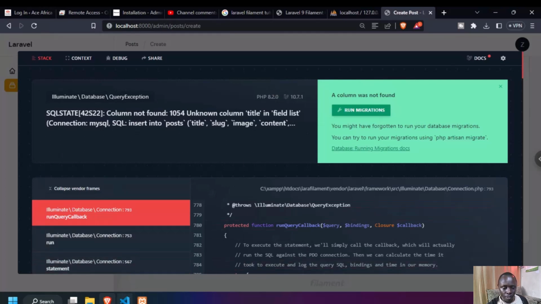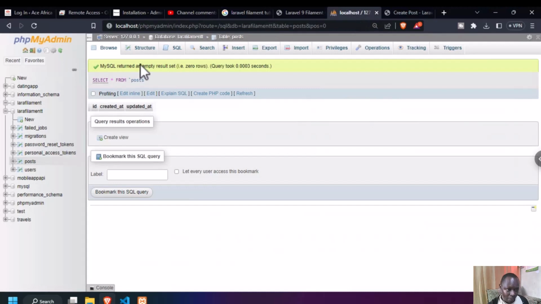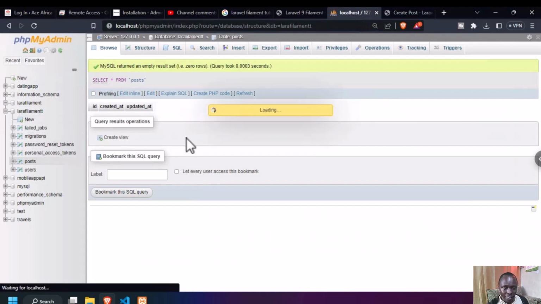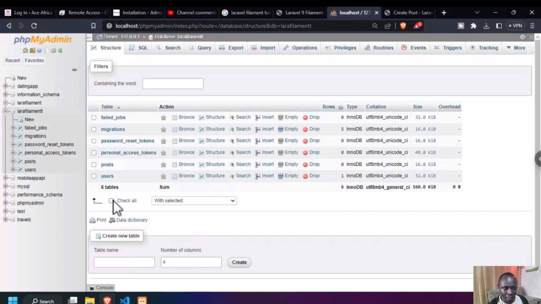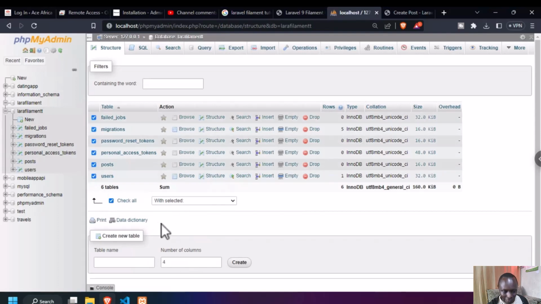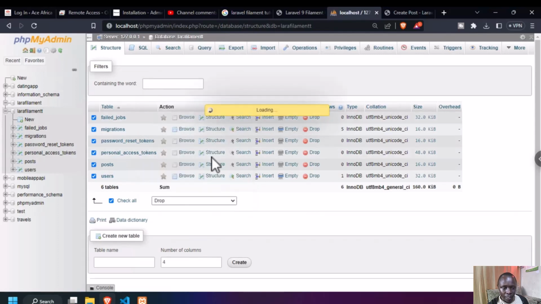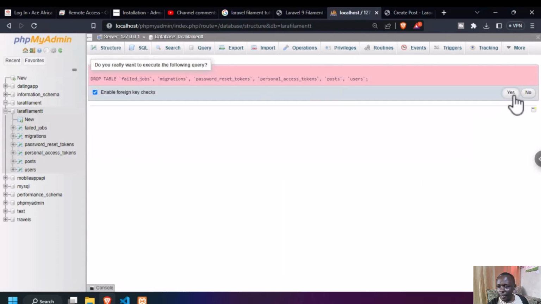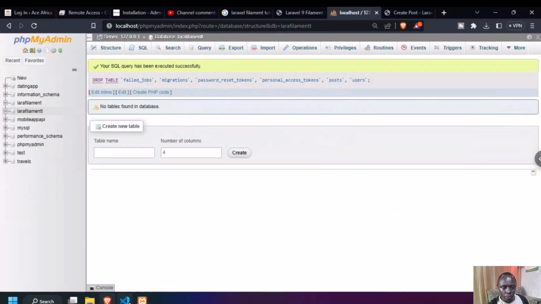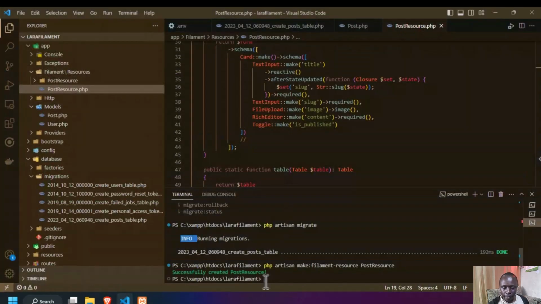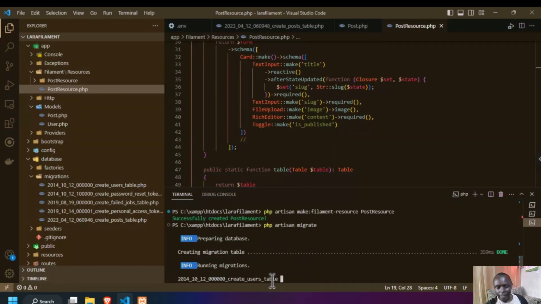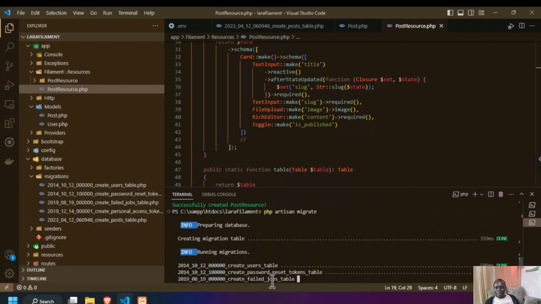And the way to go about it is you can go to your local host. But this is the way you can do it. You can go to your local host like that, and then you can just select all that, and then you're going to delete, drop. You delete all that, yes, and then you can do another migration. Okay, so what you're going to do, you coming back here, do PHP artisan migrate, and then PHP artisan make